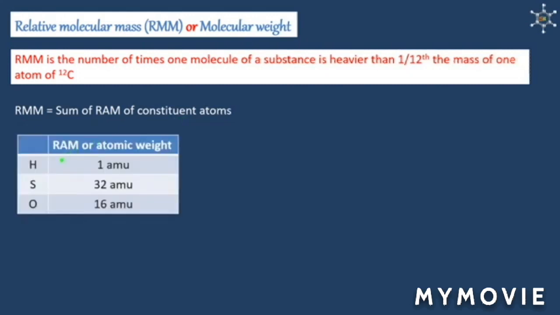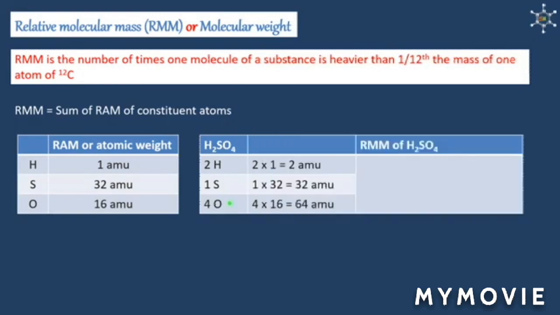Example: we know that relative atomic mass of hydrogen is 1 AMU approximately, sulfur is 32 AMU, oxygen is 16 AMU. If we consider the molecule sulfuric acid, then in that we have two hydrogen atoms, one sulfur atom and four oxygen atoms. If we sum up the relative atomic masses of constituent atoms, then there are two hydrogen atoms,